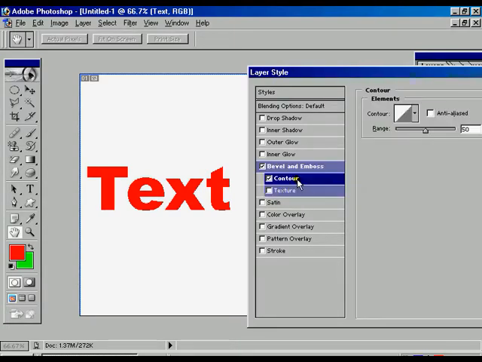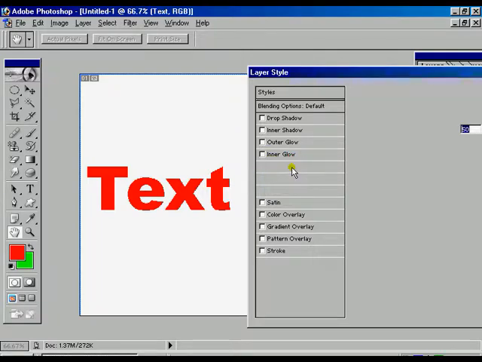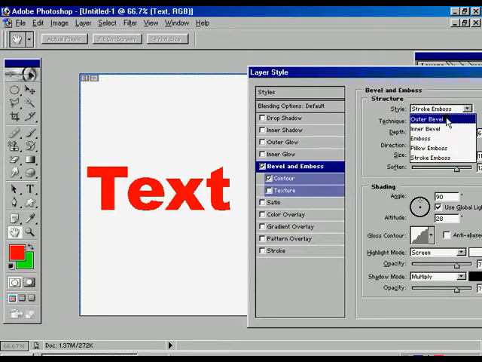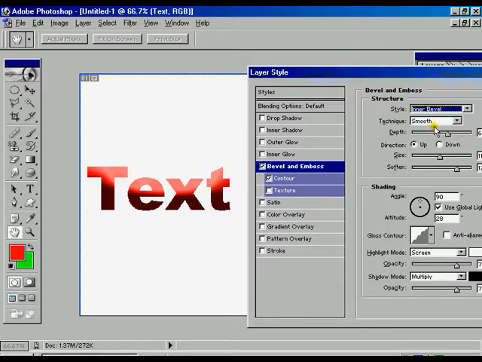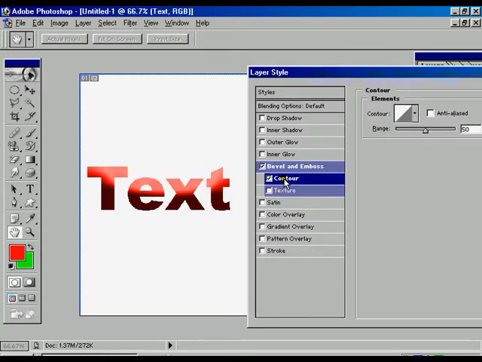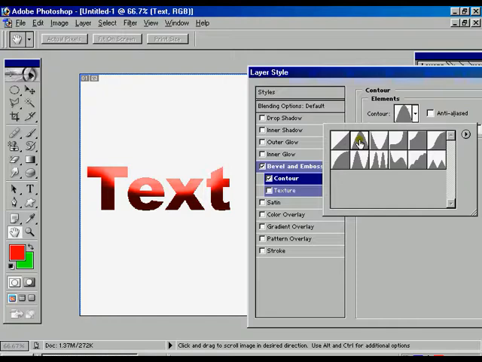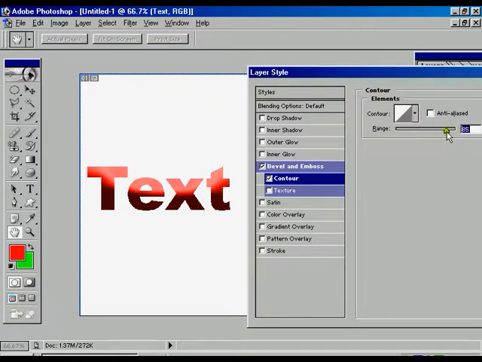Now we are going to activate the contour within that bevel and emboss option. If it is outer bevel, when the contour is on, we can change the different shape. And we can change the range.